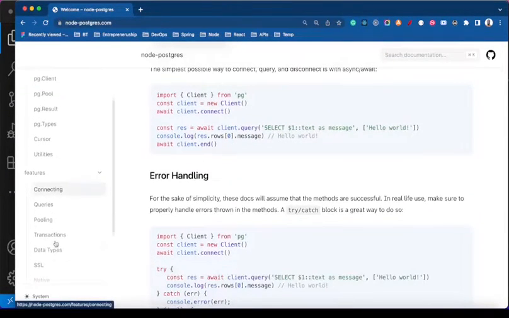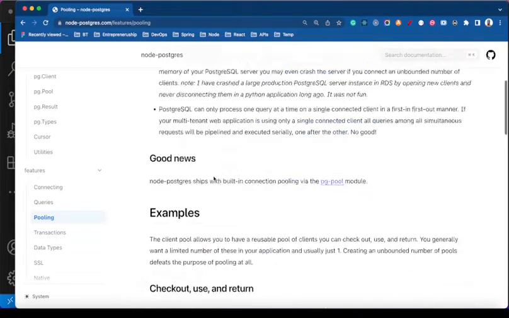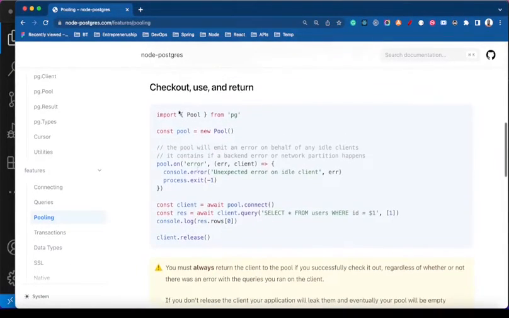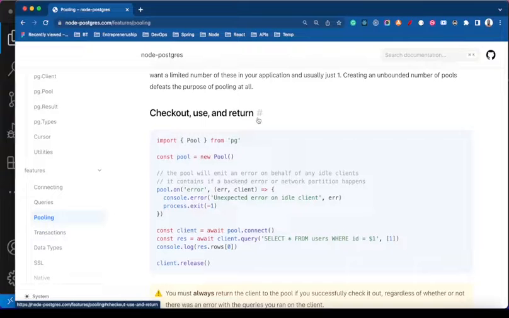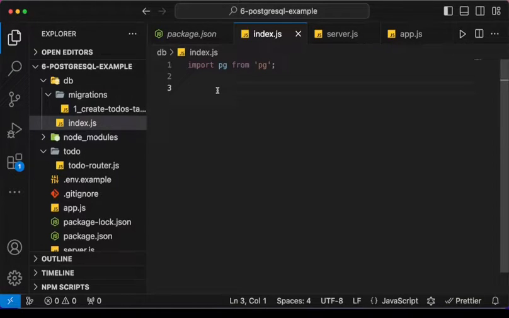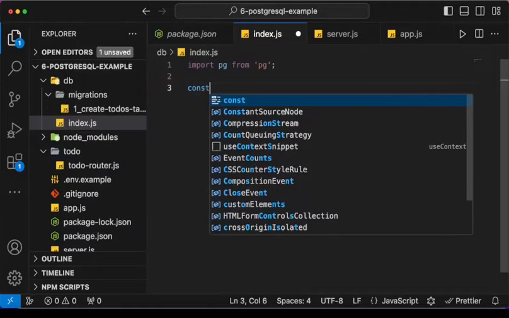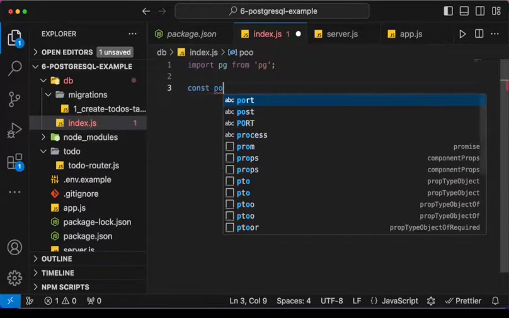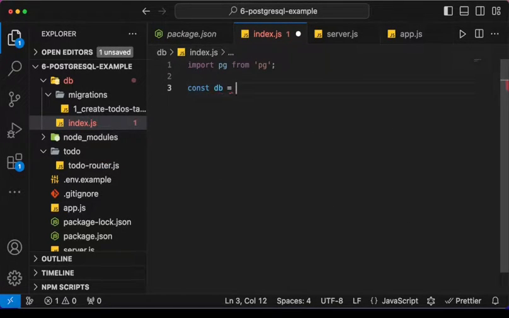Another way is to make use of what is called pooling. This way, the client is going to handle spinning up a new client to database and closing it whenever as needed. In other words, it is easier to make use of the pool. So the way that works is we say const pool, or let me call this db to be equal to